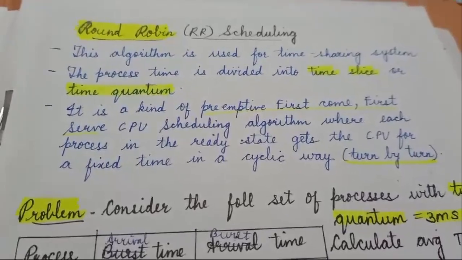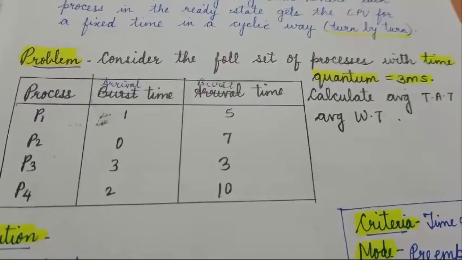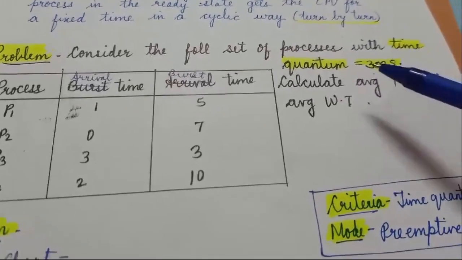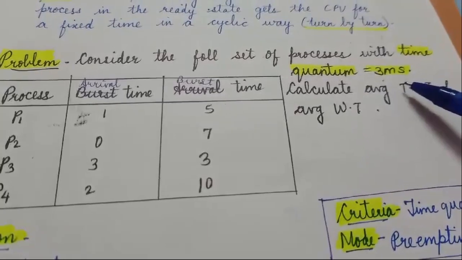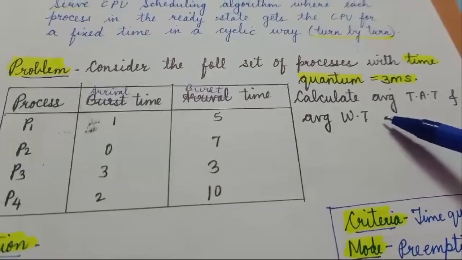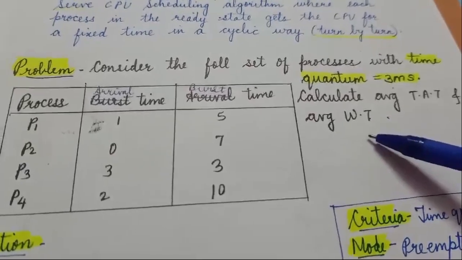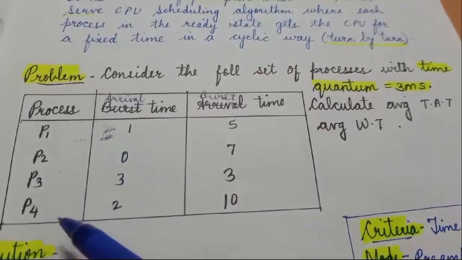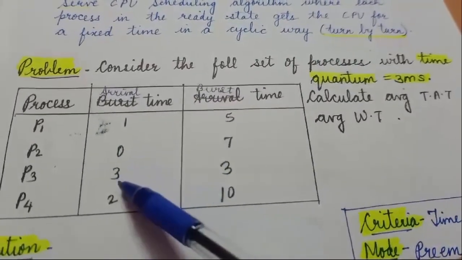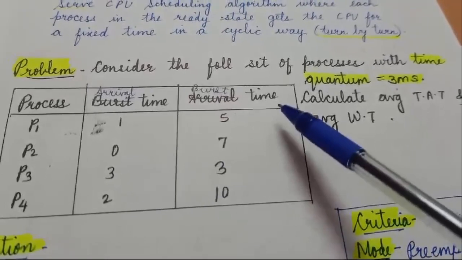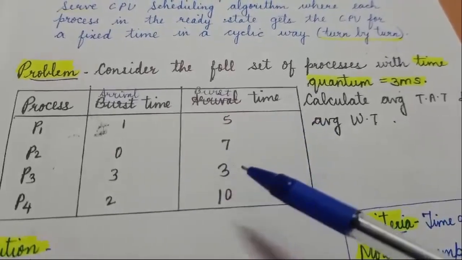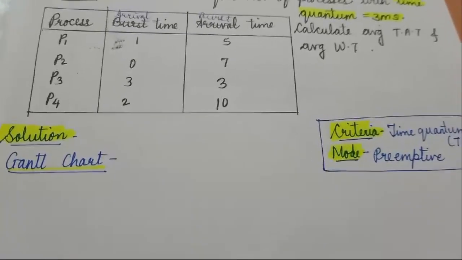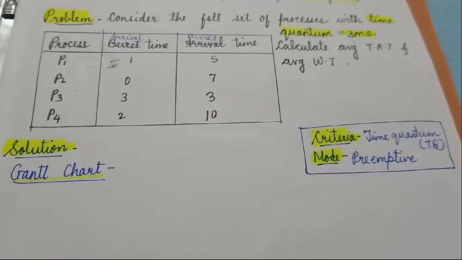Now let's solve this problem. Consider the following set of processes with time quantum equal to 3 milliseconds. Calculate average turnaround time and average waiting time with the chart. So the given processes are P1 to P4 with arrival times 1, 0, 3, 2, and burst times 5, 7, 3 and 10. In the solution, to start with, firstly we'll write down the criteria